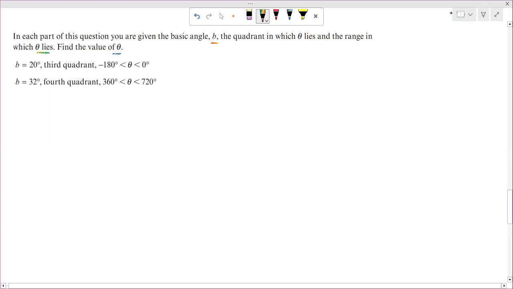Find the value of theta. Now see here, B is equal to 20 degrees is given over here, and this is in the third quadrant. And it is given minus 180 to